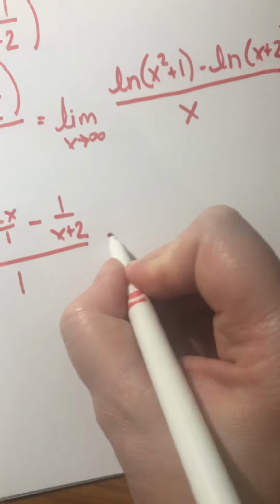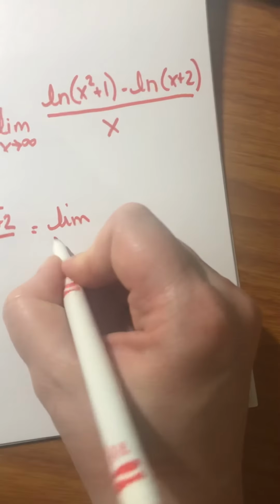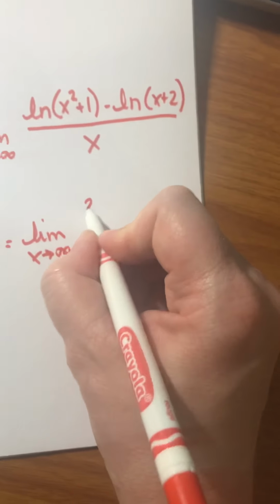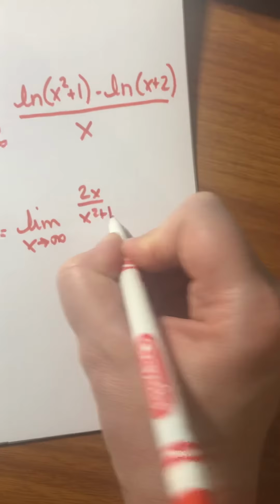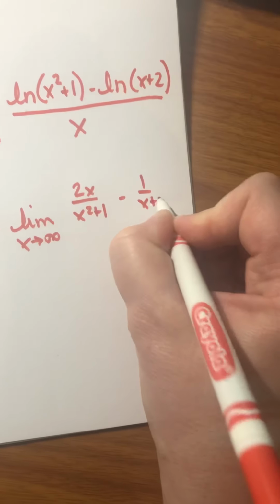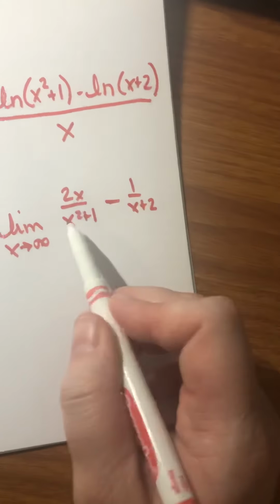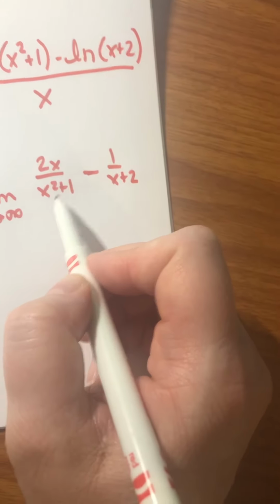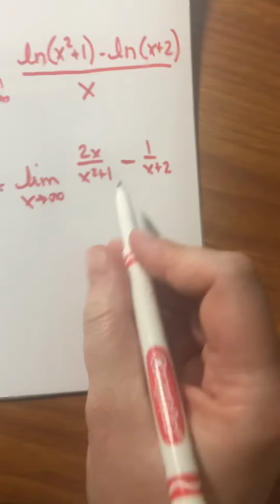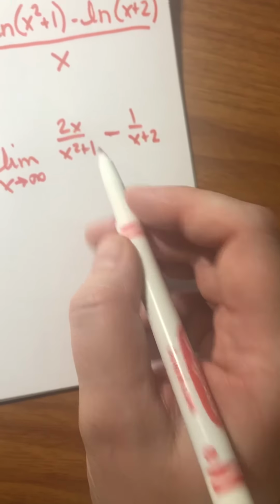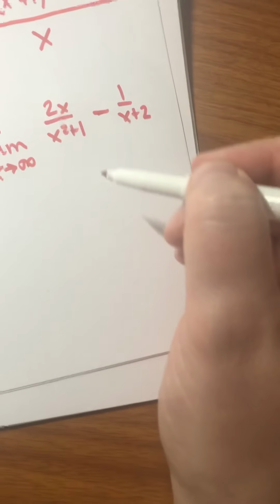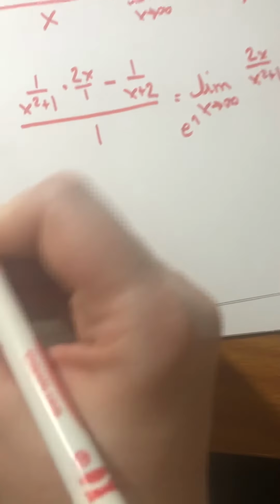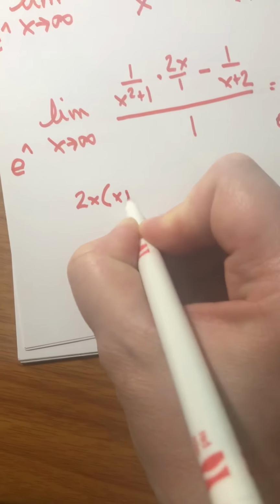So if I were to simplify this a little bit, I'm going to have the limit as x goes to infinity of 2x over x squared plus 1 minus 1 over x plus 2. Now I have two fractions being subtracted. I could go ahead and try infinity, but right here I have infinity over infinity and then 1 over infinity. That gets kind of messy. So let's get common denominators so that I can make it one function over another, and see if L'Hopital's rule does apply again. This is getting long, but these problems have that kind of fun feature to it. So I have 2x, and then to get common denominators,